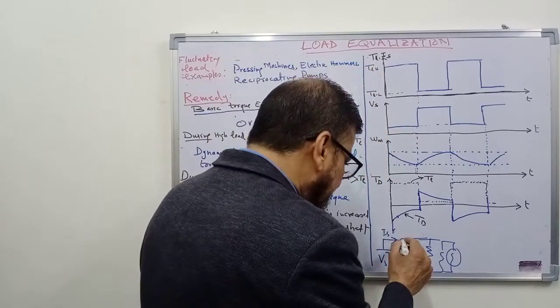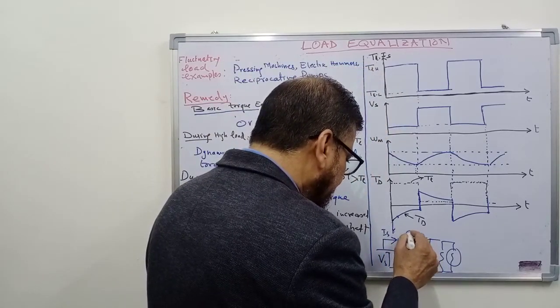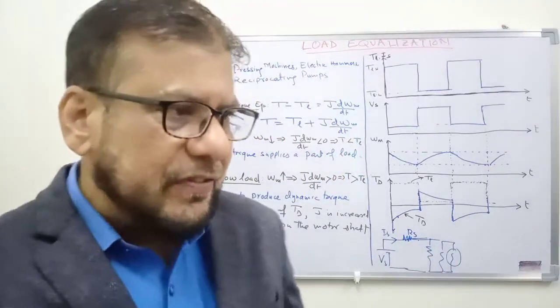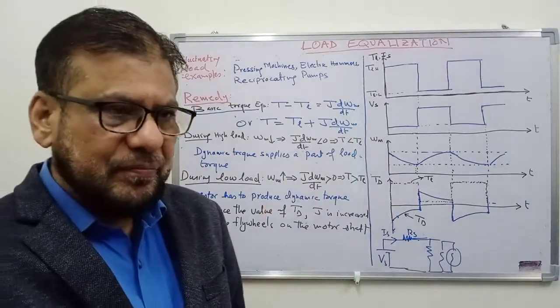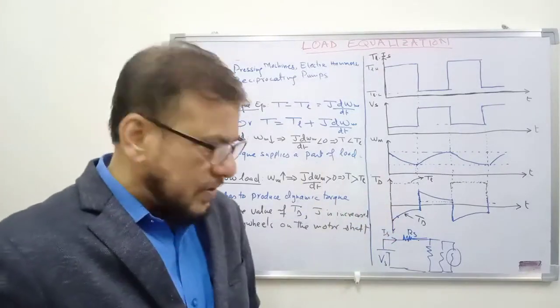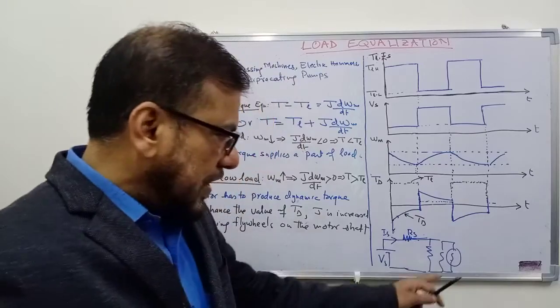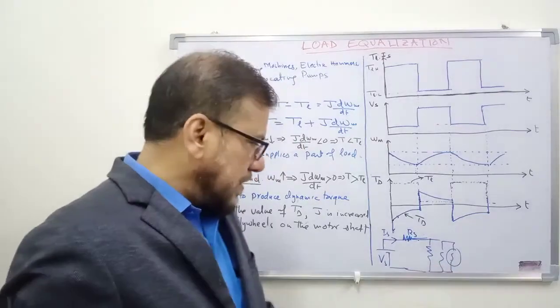Now if the line has a resistance Rs, every line will have some resistance, line resistance, and if that resistance is high, the weak line is there, or your load that you are operating here is very high in magnitude,